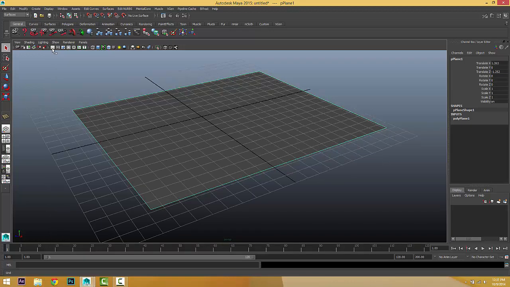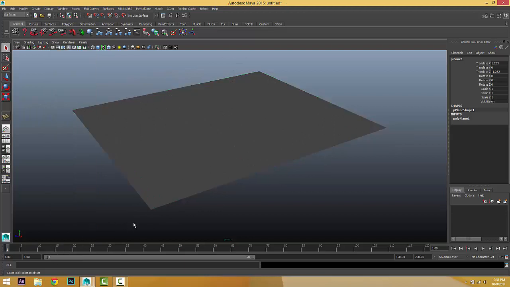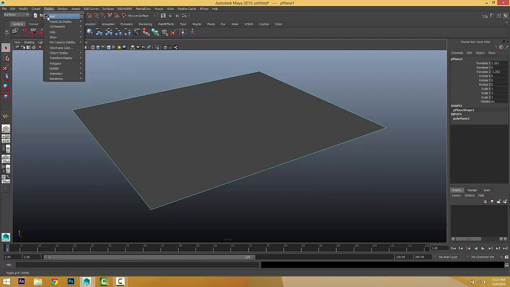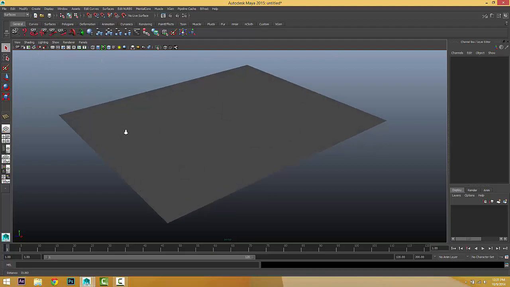It's the same as when you click here. I can find it in this long list, or you can just go to Display and check the grid. If you uncheck the grid, even if you turn the grid on or off, it doesn't matter. I really like to check this on and hide the grid or show it from this panel toolbar, which is very useful.